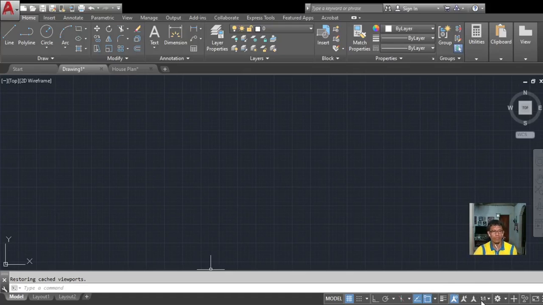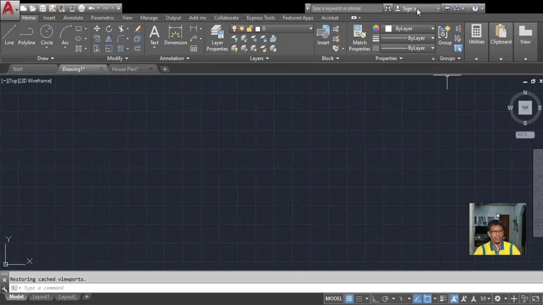And we have also, lastly, the dialog box launcher. It displays the coordinate location of your crosshair and the current setting and other drawing aids.